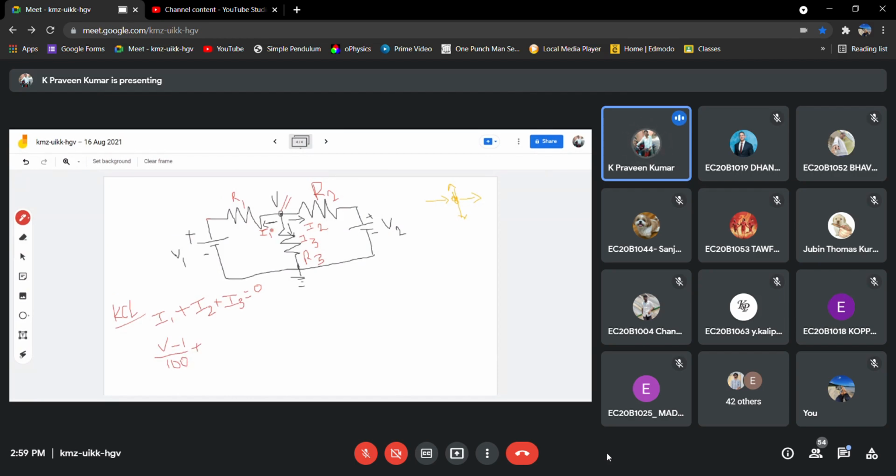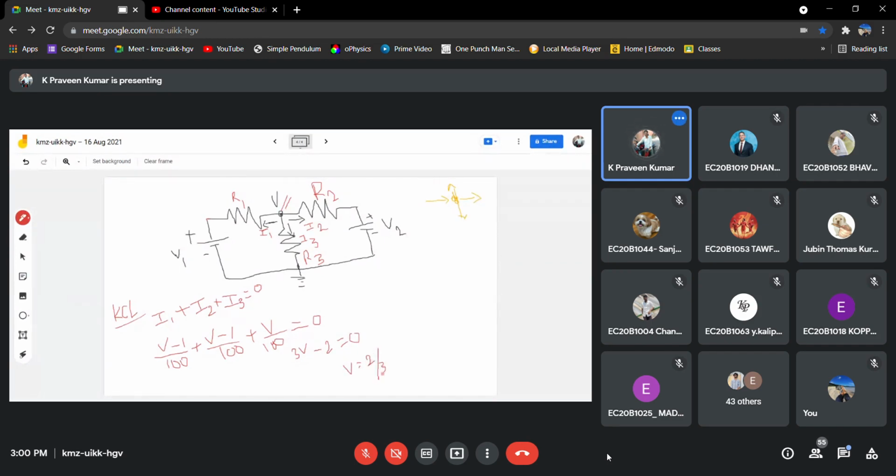Similarly I2 is (V minus V2) by 100, where V2 is also 1 volt. And I3 is V by 100. So the node equation gives 3V minus 2 equals 0, and we get V equal to 2 by 3.